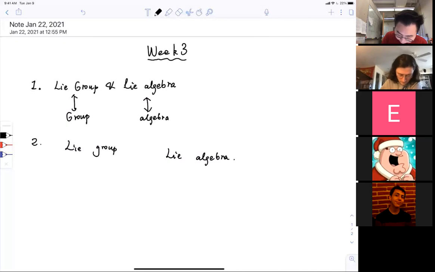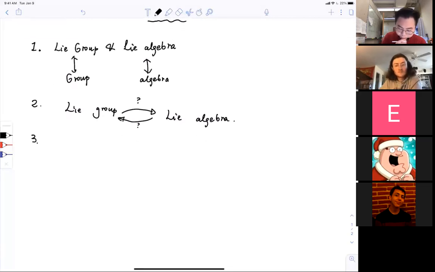So basically, how we go from the group to the algebra and how we go from the algebra to the group. The third question I want to answer is the representation theory of the Lie group,